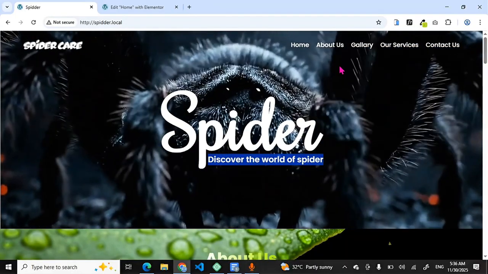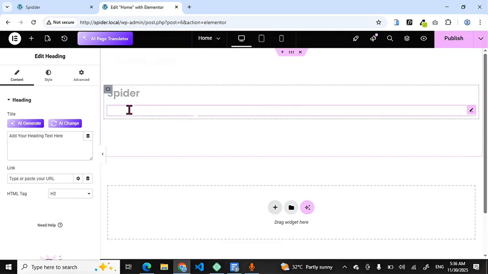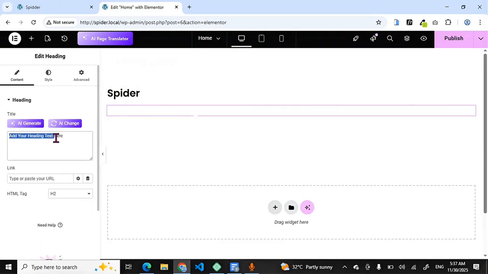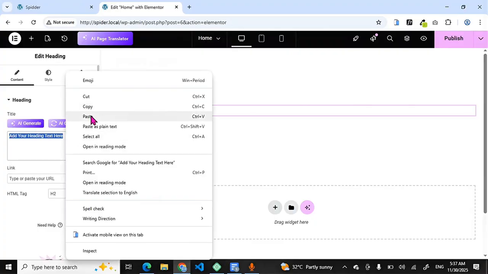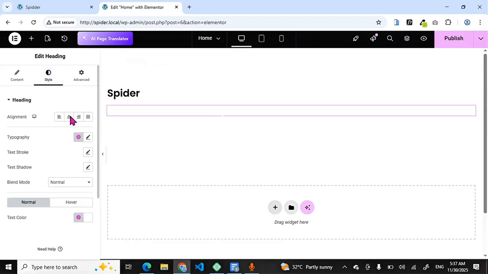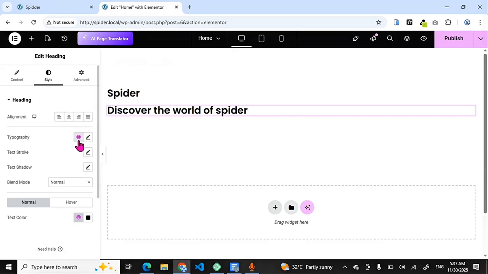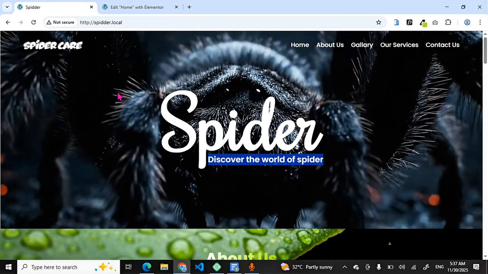Let me copy it. All right, so we put it here and let us change the content. All right, and let us change the style, the text color, let us change it to black. All right, so this is what we have right now. So let us work on this spider, but before that, let us